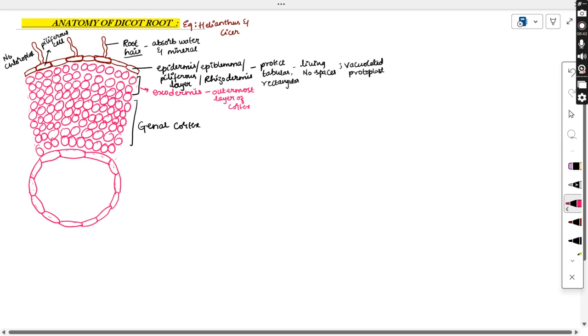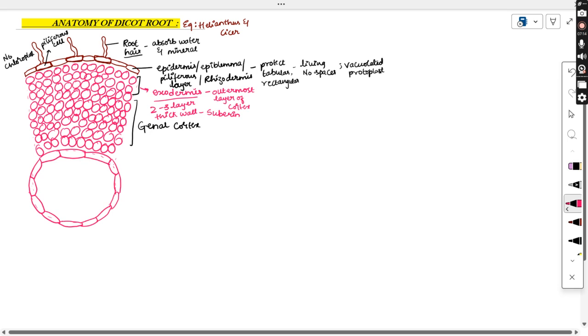Now this exodermis is considered as the outermost layer, and it is 2 to 3 layers in thickness. 2 to 3 layers of cells are arranged, and the cells which are present here contain very thick walls. The thickness is attained because the walls are made up of a material called suberin. The 2 to 3 layers of cells which are present below the epidermal region actually contain